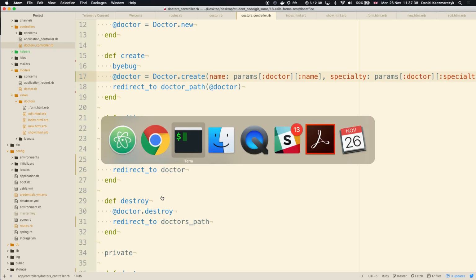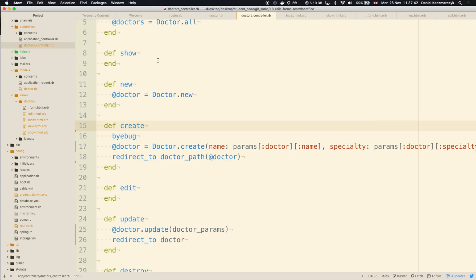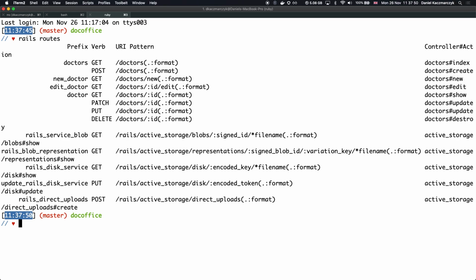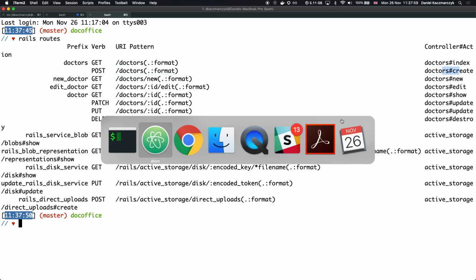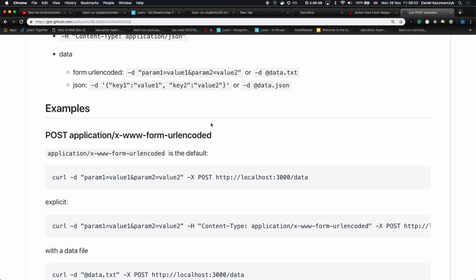Yes. And there's a bug in create. Let's look at browser routes. I don't want to spend too much time on it because this is a bit of an experiment. So doctors, get, post, new doctor, post goes to create, everything is correct. Maybe I'm passing a wrong